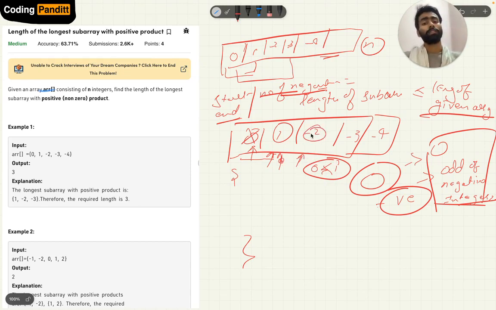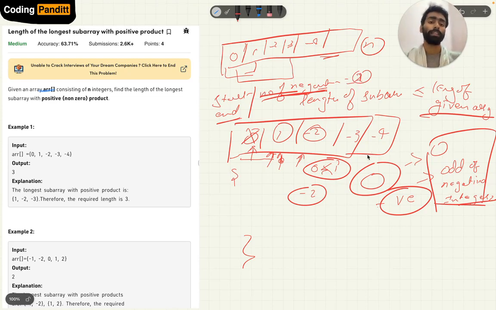It is negative, so we will increment the number of negatives to 1, and again we increment and it is negative, so the number of negatives is 2.